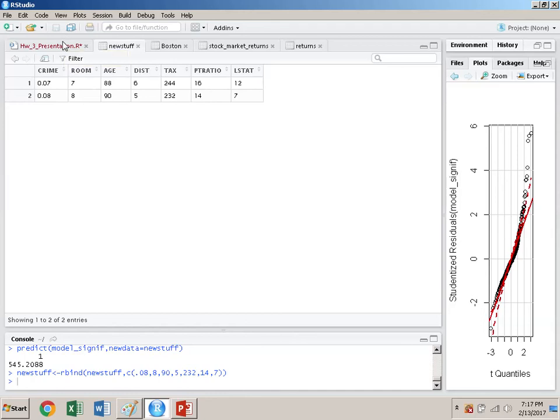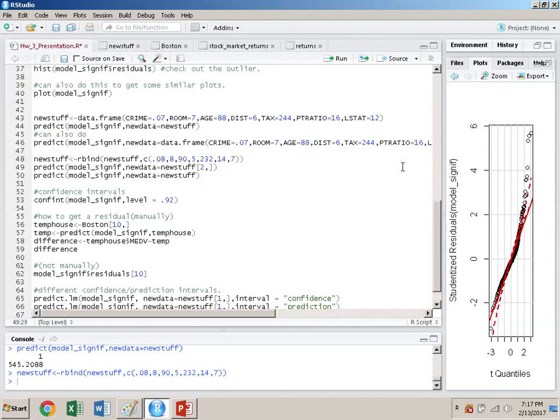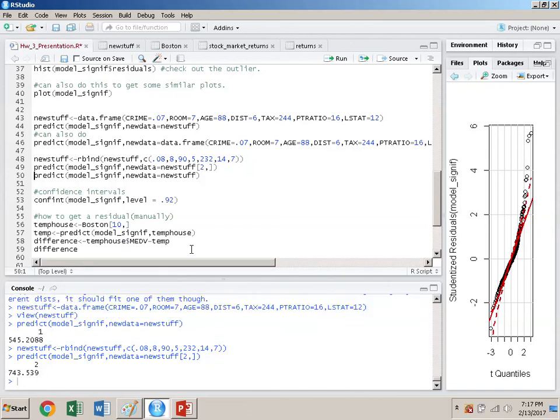All right. So if I want to make a prediction about just the second one, then I can tell it to take new stuff. And if you remember back at the very beginning, I talked about brackets and bracket notation. If you do a square bracket and then a 2 and then a comma and leave the next part blank, it says just the second row, and since you left the column section blank, it takes all of the columns. So I can predict a value for the second house, and it's 743,